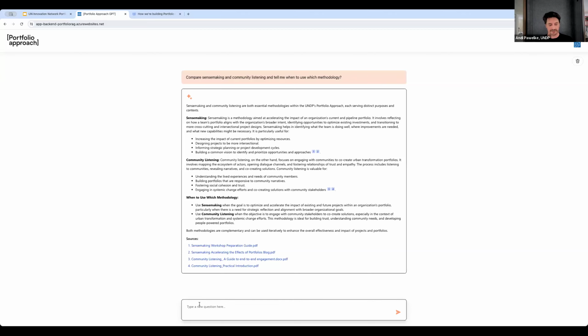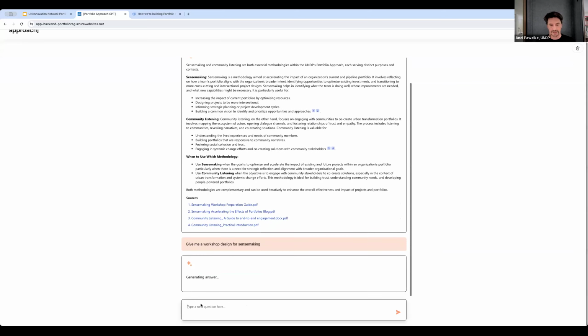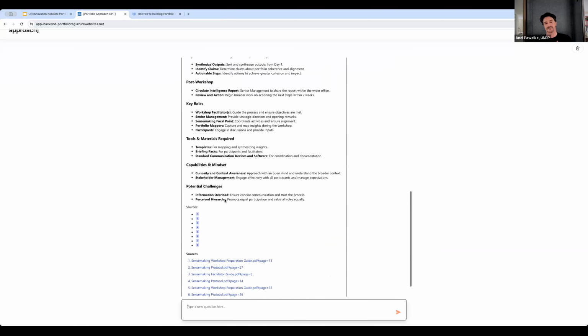So I could, for example, ask it, okay, fine, now I know what sense making and community listening are. Now give me a workshop design for, say, sense making. So this is really broad. And those of you who use these tools know you need to be more specific, provide context, et cetera. But just as a test, let's see what it gives us. It's probably going to be quite general and abstract,